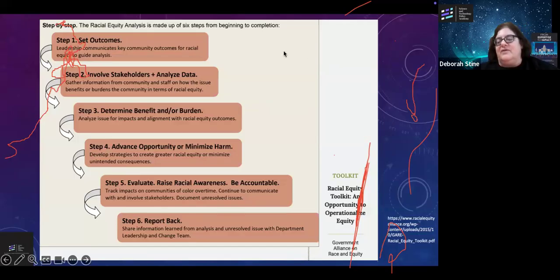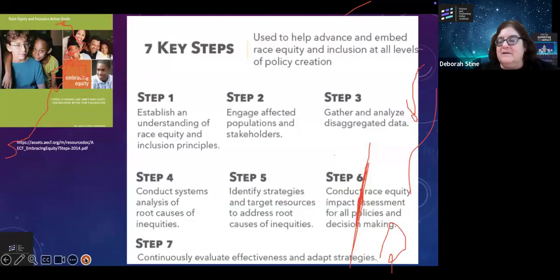This one is from the Government Alliance on Race and Equity. And it's a more formal one. I've tried it, and for me it doesn't work, but in teaching this over time, I know that some organizations really do like this method. I actually prefer this one. This is from the Annie E. Casey Foundation. I think it's a little bit easier to understand, and this is the one I'll be using throughout the analysis portion of this part of the presentation.